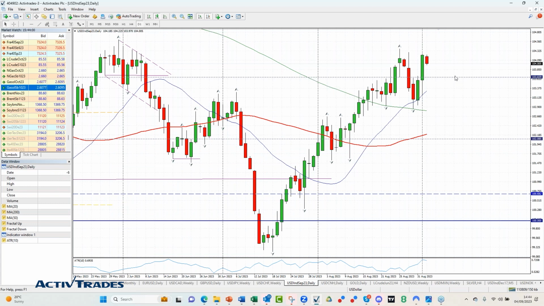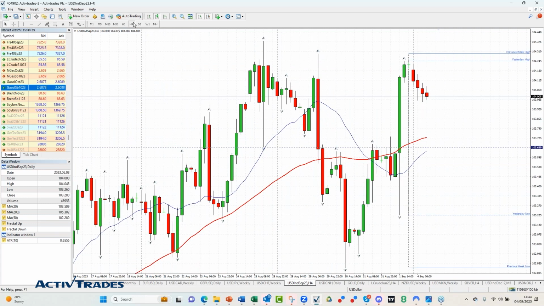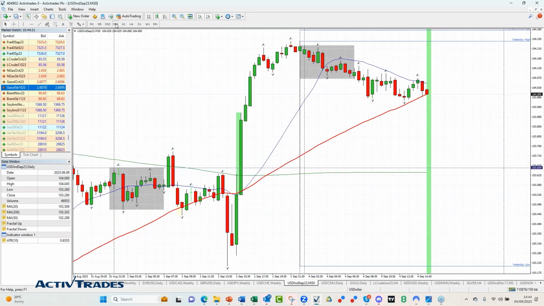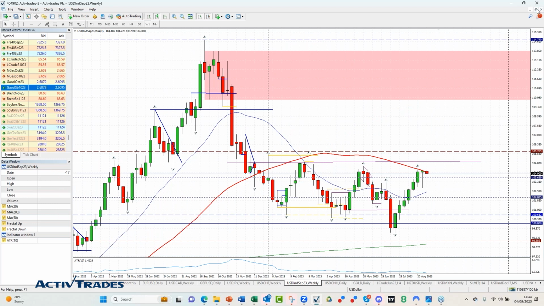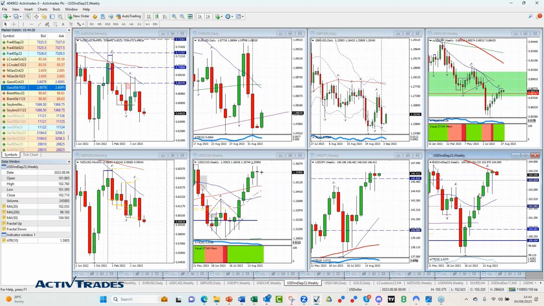The daily chart has basically been on a strong rally, and now we're looking to see, well, it's working its way, but there are no real, very clear pin bars over the last day or two to show us what price is likely to do. Even just looking at the lower time frames, it's waiting to make its decision. But because of that, we can look at how that is implying against the dollar, against other